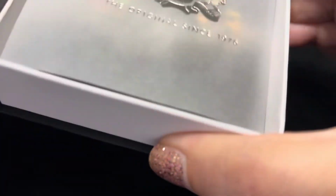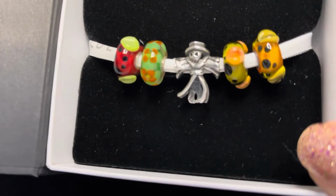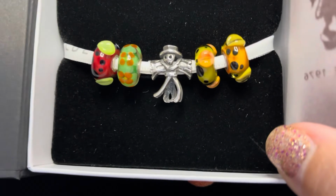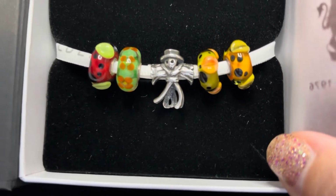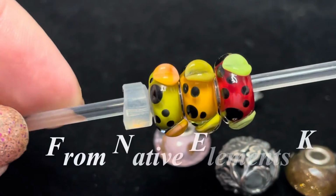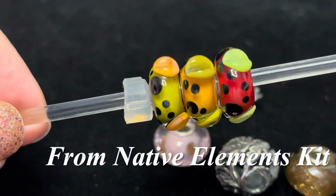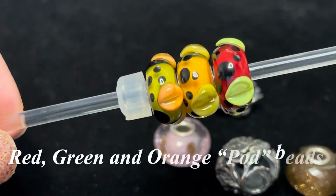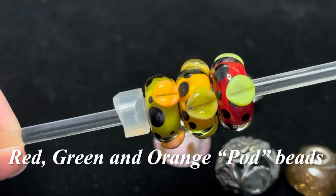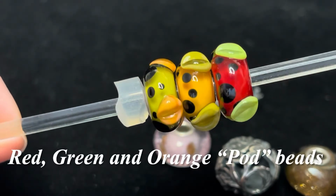Alright, so just to show you the other part of my order, I did treat myself to a few glass beads along with one silver. So let me get everything off the ribbon. Alright, so these particular beads here, these three, I have long since thought that I did not need these in my collection, but I recently saw a